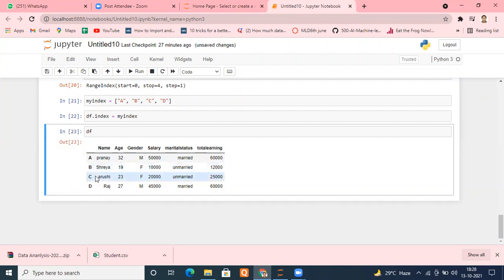You may ask, sir, why is it required? For this purpose it was not required, but we are going to study a function, and for that purpose we require this. So we are able to change our index, or you can put any name you want. Suppose you can put student 1, student 2, student 3, student 4, or employee 1, employee 2, employee 3, employee 4, whatever indexes you want. It's entirely your choice. Now, how can I access them?